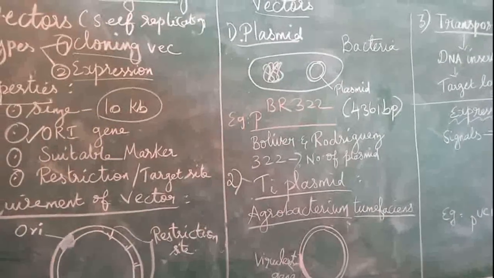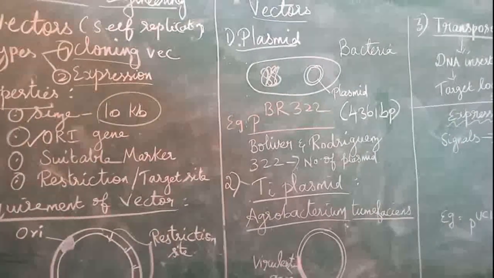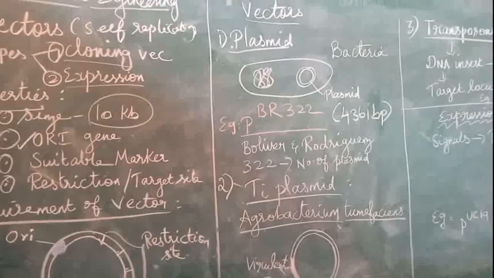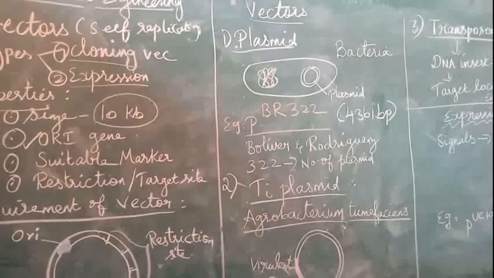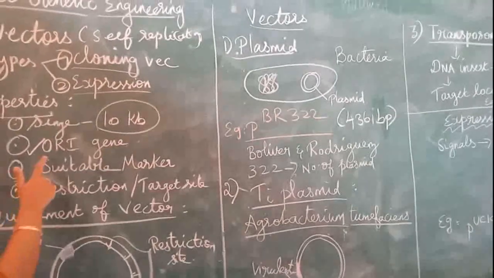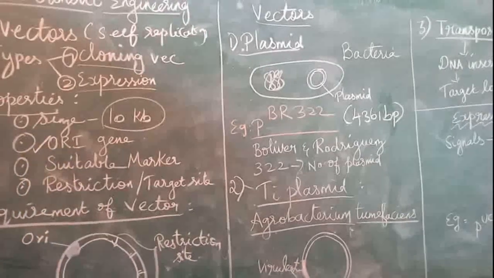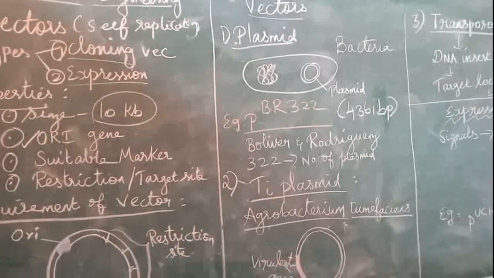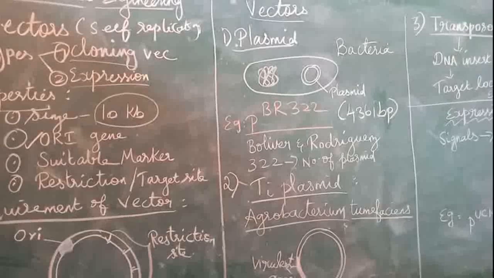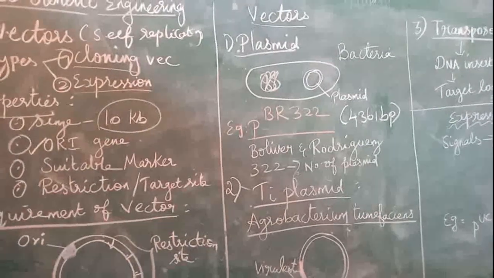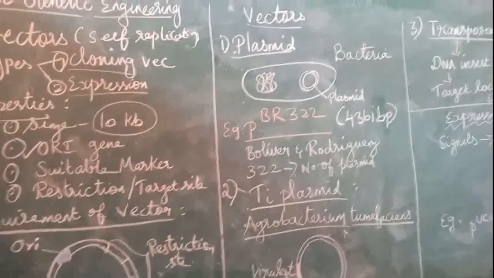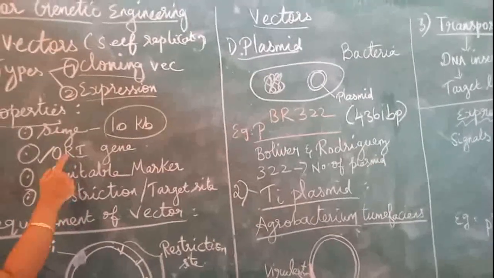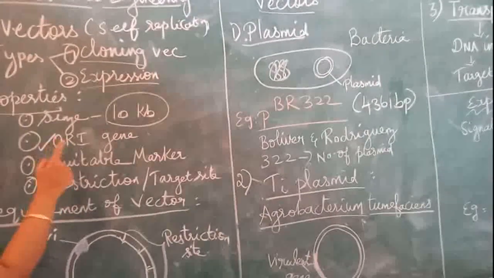Whenever you want to run any machine, you first have to switch on the machine. Similarly, where our gene of interest will be inserted, there is some operator gene. That operator gene is called the ORI. Again I am saying, ORI. It is the replication capable of working independently within the host cell. So wherever the gene is inserted, that gene should have the ORI. This is nothing but the origin, the initiation process.